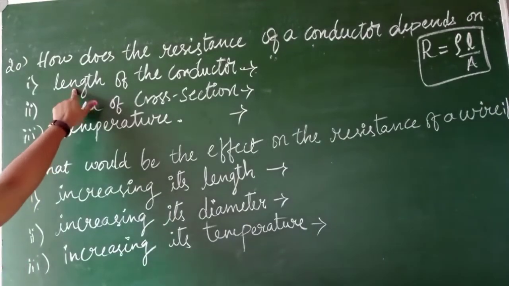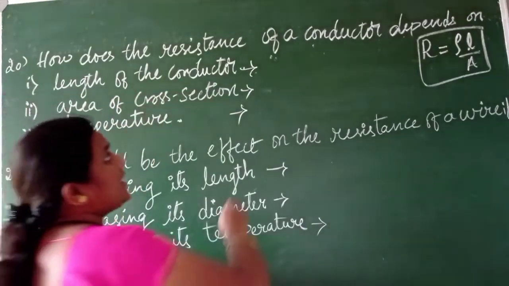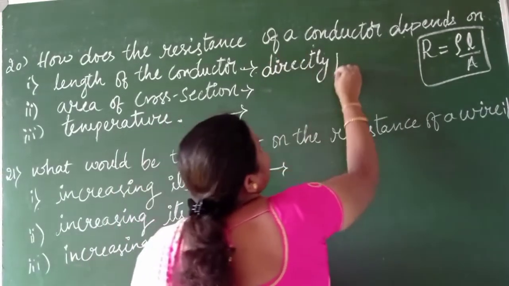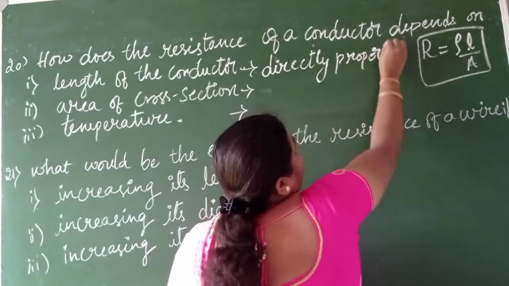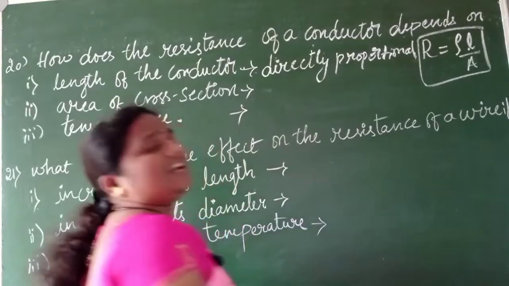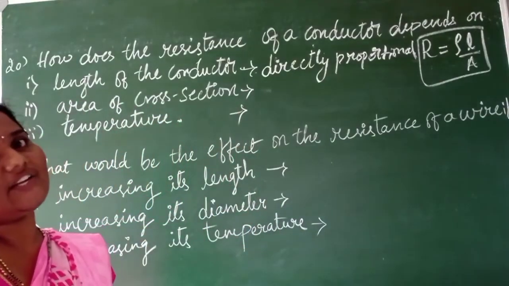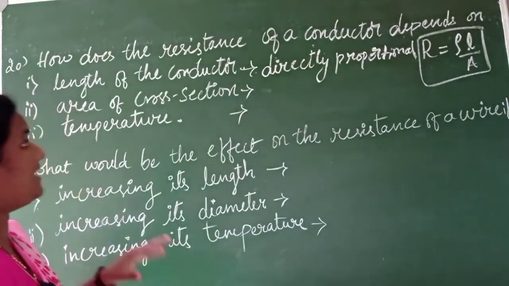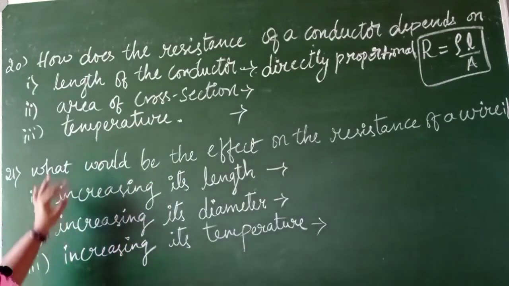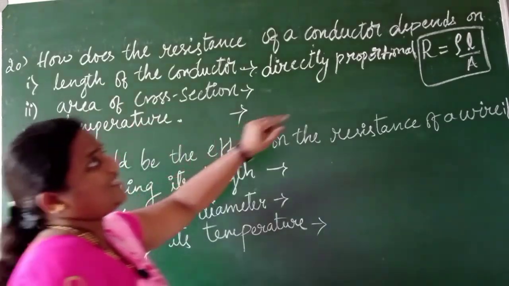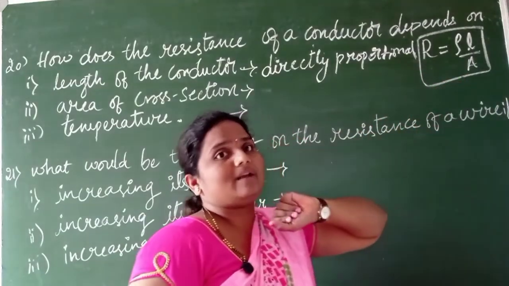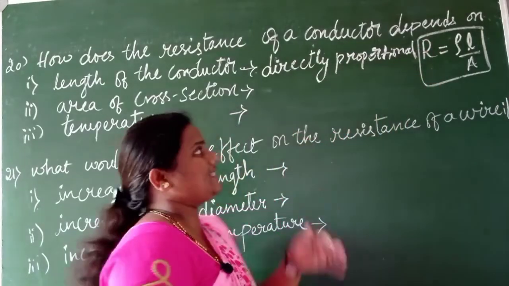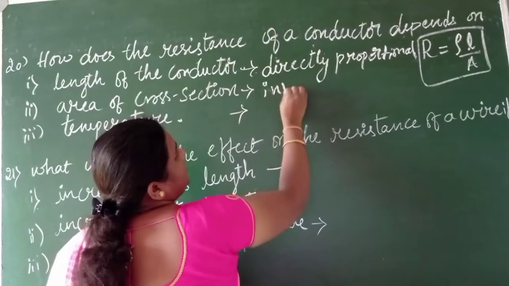So the question, length of the conductor, how is the resistance depending, children? It is directly proportional. Means if the length of the wire increases, resistance also increases. If the length of the wire decreases, what happens? Resistance of the wire also decreases, isn't it? This is the meaning of directly proportional. Then comes area of cross section. Resistance of the wire is inversely proportional, means if area of cross section increases, the resistance of the wire decreases. So it is inversely